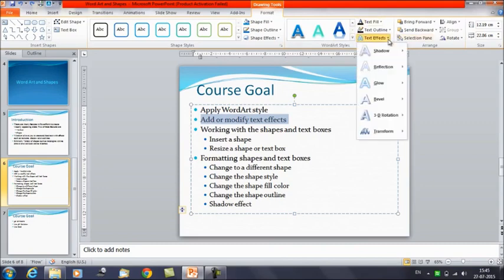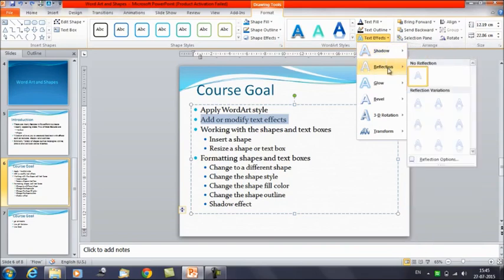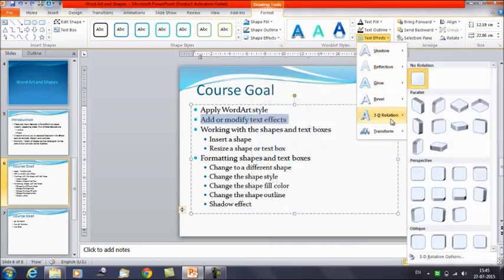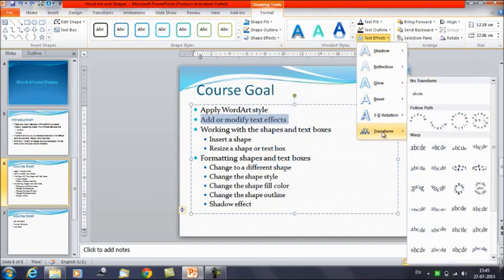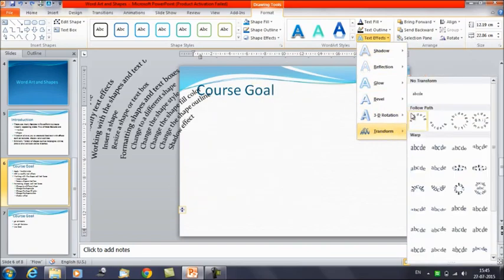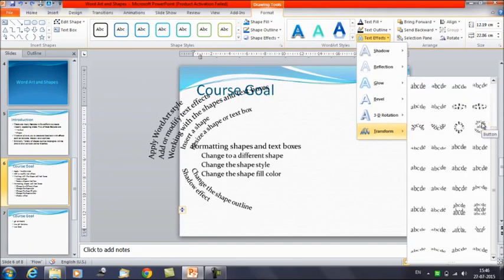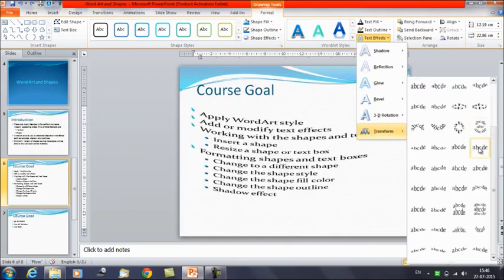Click on this drop down and you can see multiple effects here: shadow, reflection, glow, bevel, 3D rotation and transform. So you can browse with the mouse and opt for any option to see how your text looks.